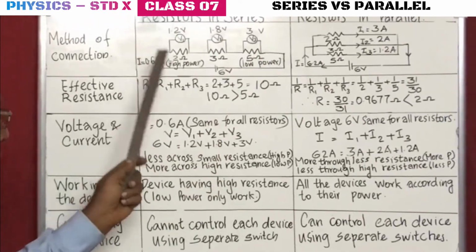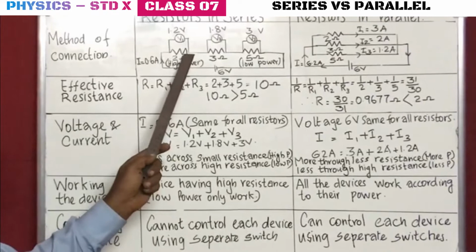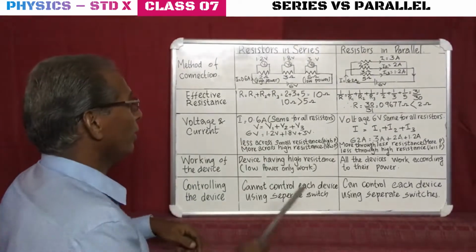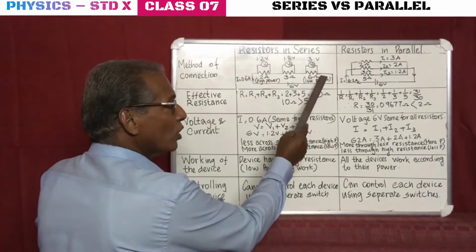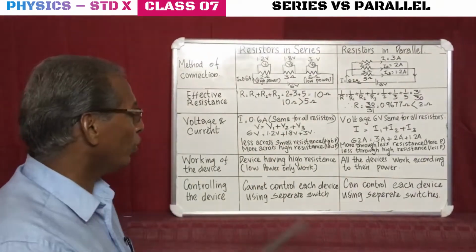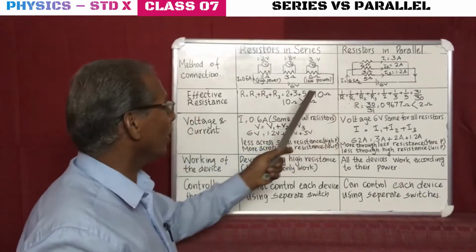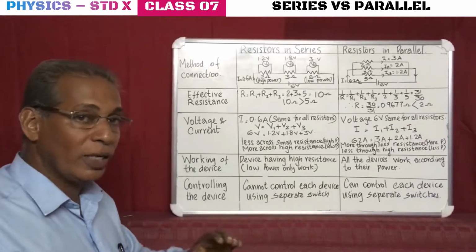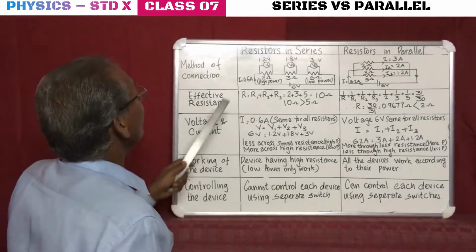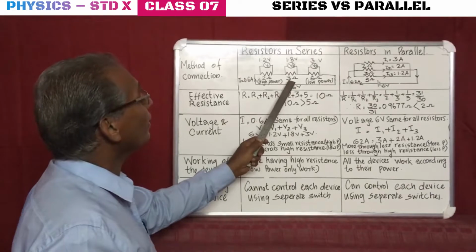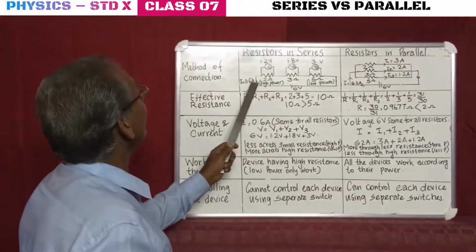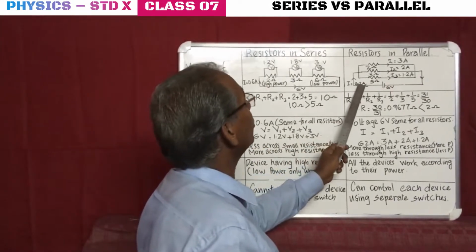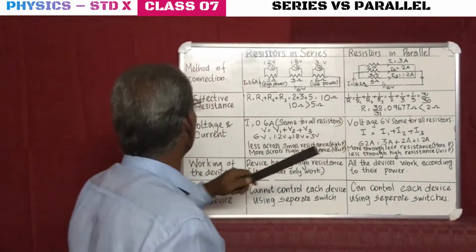We know a device having less resistance will be of high power, and a device with high resistance will be of low power. So it is applicable here also. Resistance and power are reciprocally varying, so less resistance means more power. Now we have calculated the current in the circuit as 0.6 ampere, that I have written here. Here it is 6.2 ampere, that is also listed here.